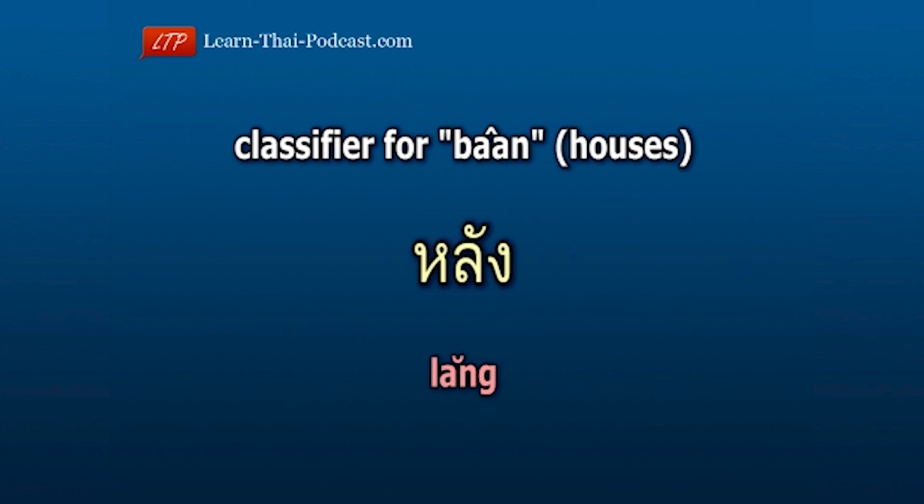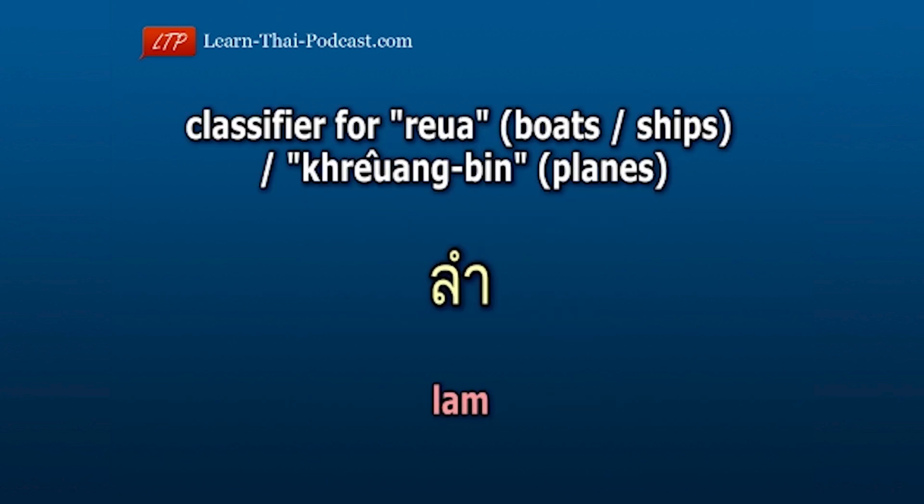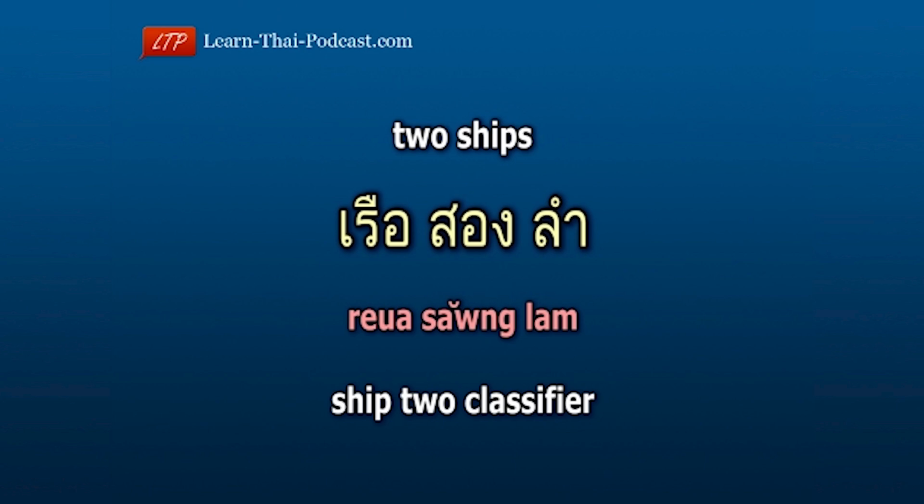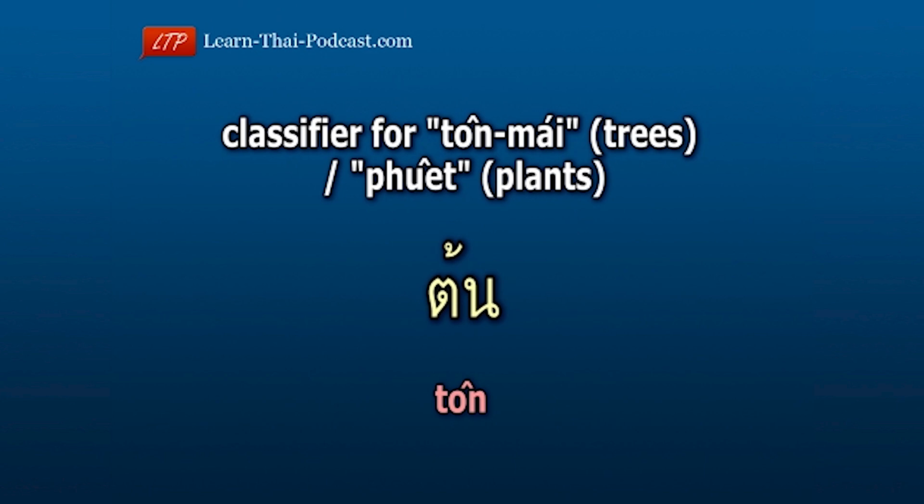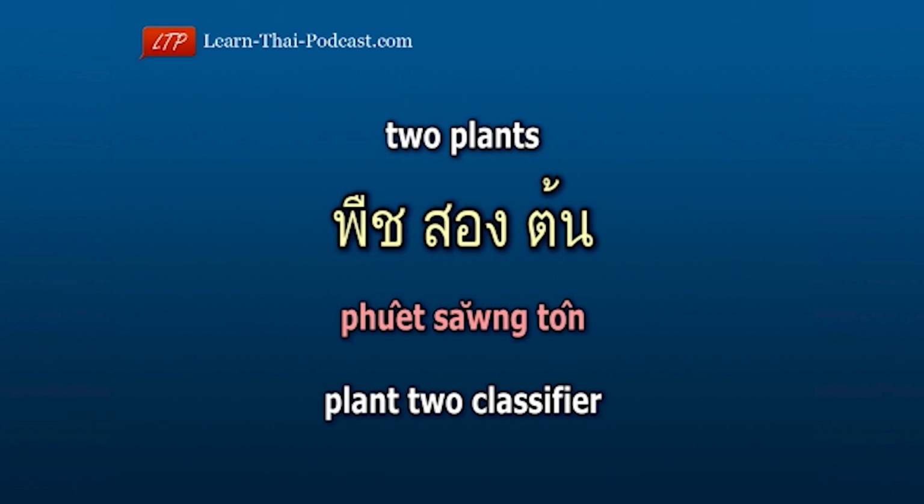The classifier for houses บ้าน is หลัง, so if you want to say 2 houses, it sounds like บ้านสองหลัง The classifier for ship เรือ or plane เครื่องบิน is ลำ, so if you want to say 2 ships, it sounds like เรือสองลำ The classifier for trees ต้นไม้ or plants พืช is ต้น, so if you want to say 2 plants, it sounds like พืชสองต้น